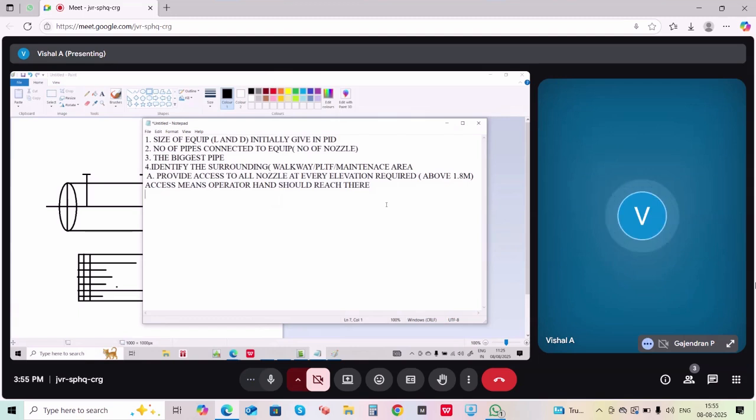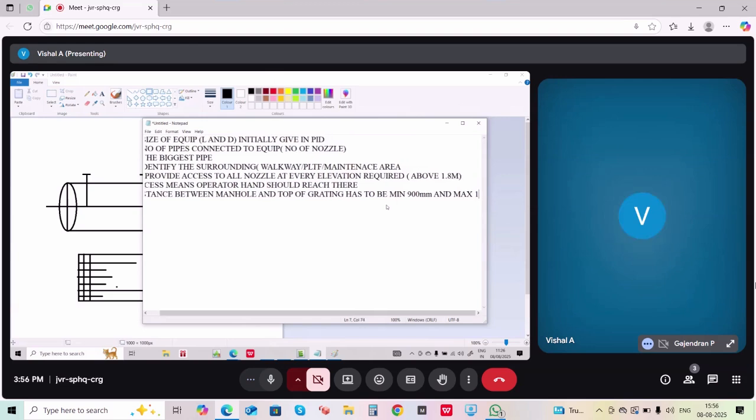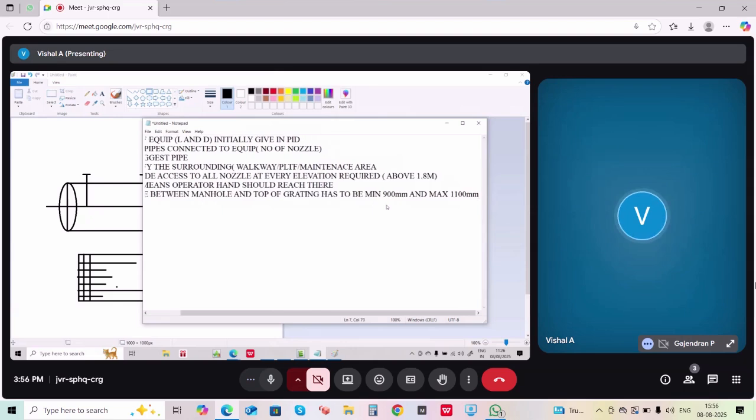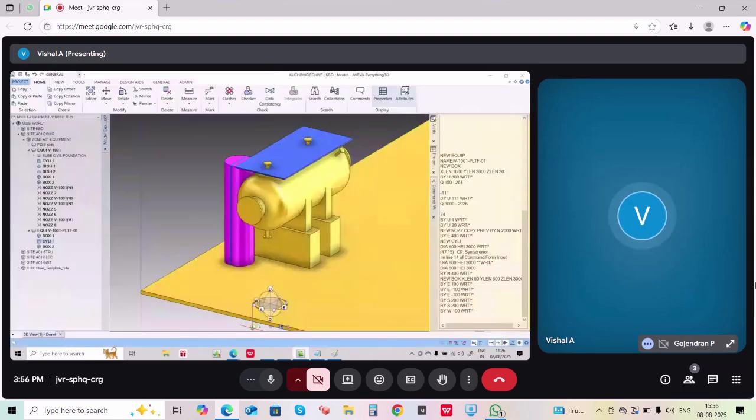Distance between manhole and top of grating. Now this is important, top of grating. Top of grating has to be minimum 900 and maximum 1100 mm. So that is another important point to consider. Okay, so for this platform, I know that the center line of this manhole is 2 meters,